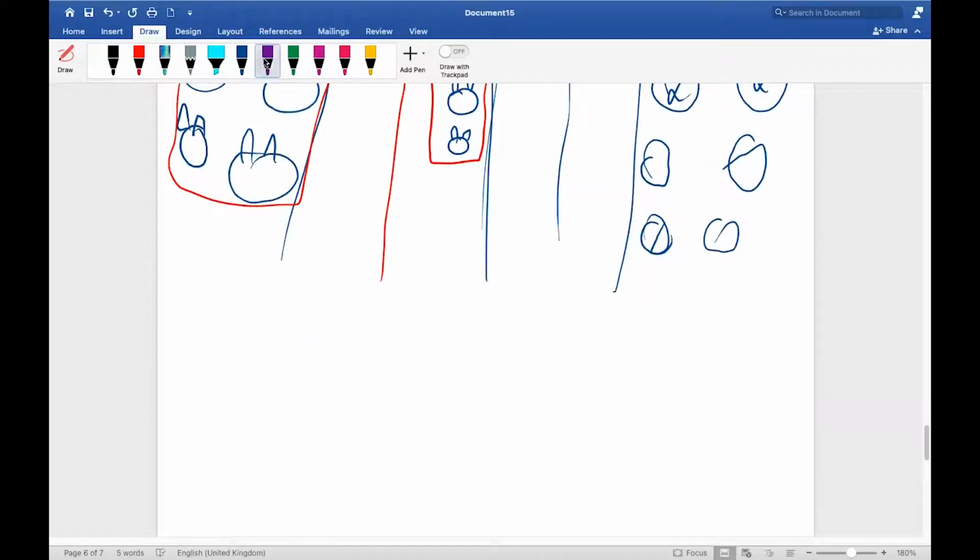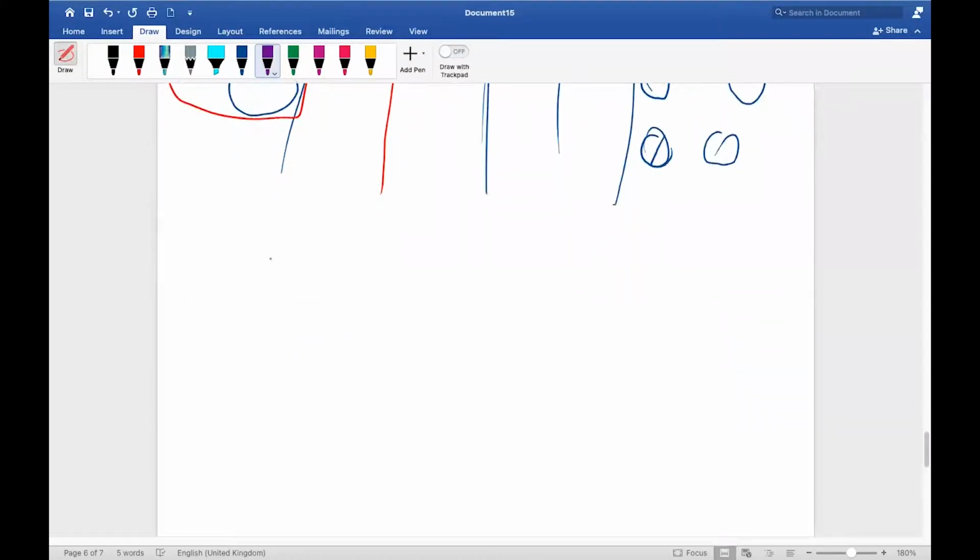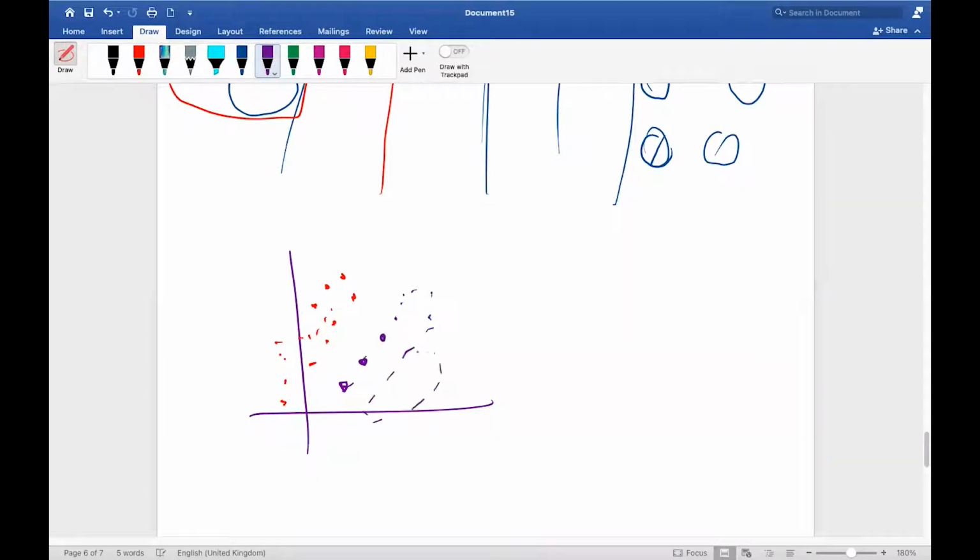Let me make a simpler diagram, then you will be able to understand. Okay. So I'm making two classes the way I did earlier, right? This is one class, and this is another class. And in between, there is a separator,